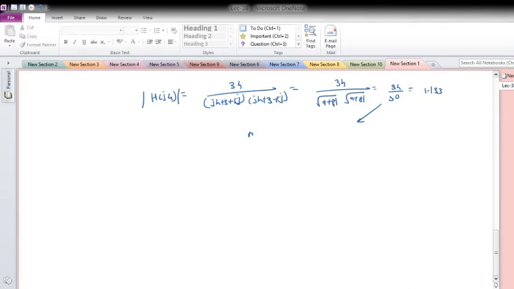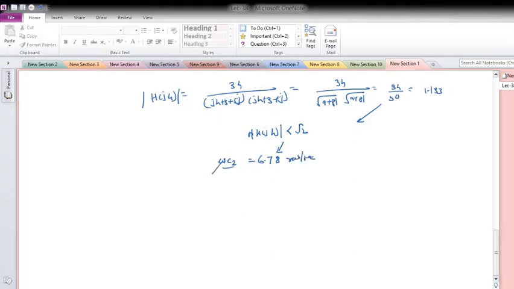So I observe that this maximum magnitude at omega equal to 4 is less than root 2. Obviously 1.133 is less than root 2. So what I can say from it is that there is only one cutoff frequency or half power point frequency, which will be omega C2. So there will be only one half power point frequency, which is omega C2, and from that figure we saw it is coming out as 6.78 radian per second. So this way you can obtain it.